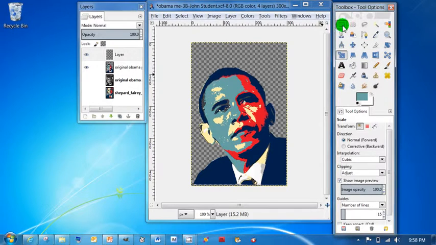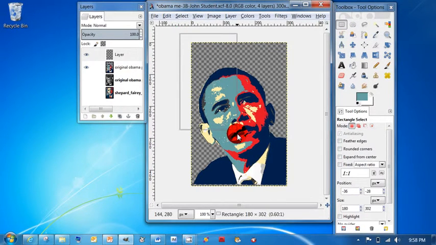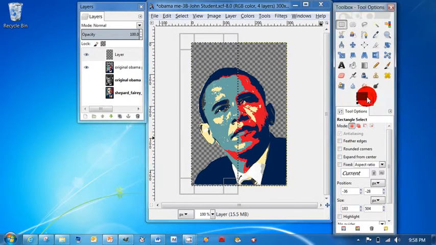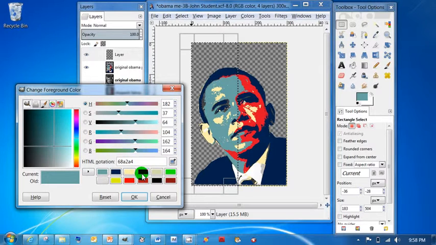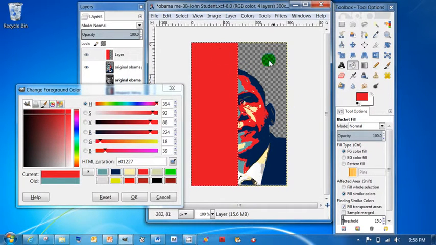And you're going to go to the rectangle tool and put a rectangle on one side, halfway. And go over here and choose your colors. It's going to be red and light blue, so I'm going to choose red for this side, sort of make it contrasting. And if I want to put the blue on the other side, I'm going to click right here